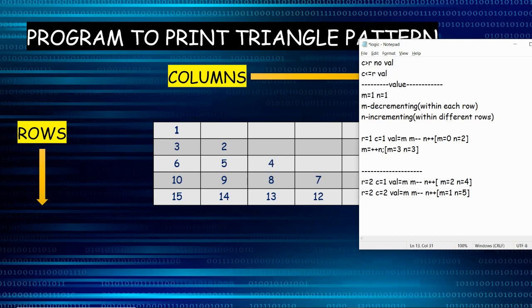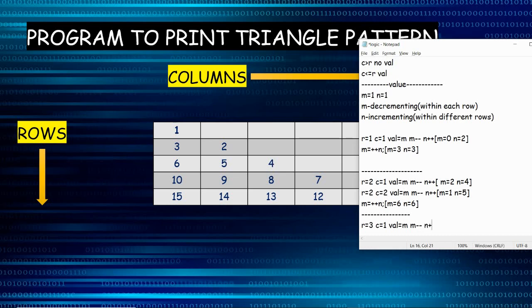So for the previous thing, how I did, I'm making again m equal to m plus n. So I'll do that when r is equal to 3 and c is equal to 1, the value should be m, right? So for that only I'm going to include the same line, that is m equal to m plus n. So I'm giving this condition only after the for loop of each column for loop. So once the column for loop is ended, I'm giving this value so that for each row I'll get that particular value of m. You understand, right?